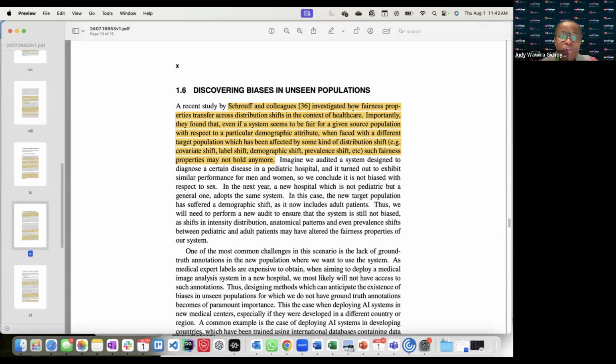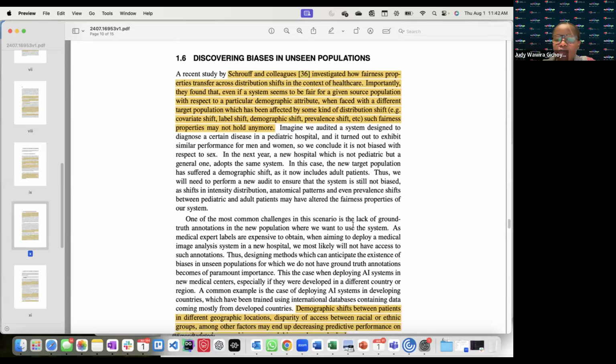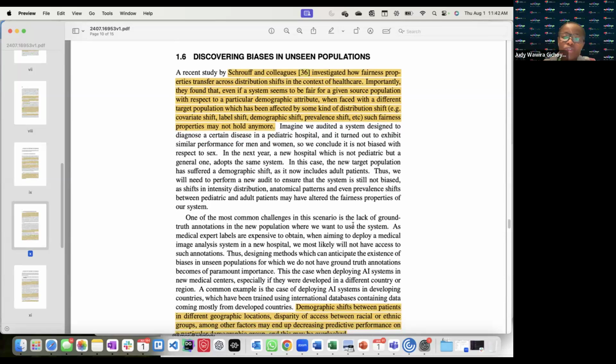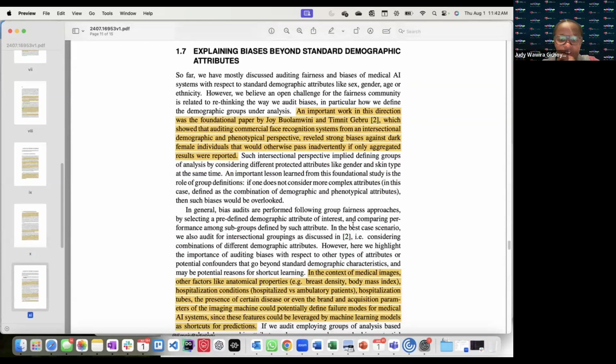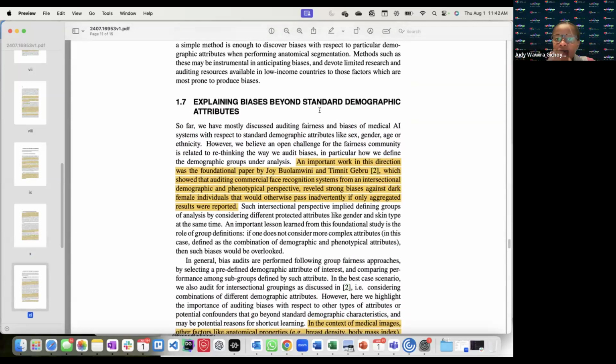And so, there are some mathematical ways that have come up in trying to think about bias in unseen populations. And just remember that example that I showed you, that the last layer can still encode a characteristic that you didn't provide. So finally, here on the home stretch, we have to think about beyond demographic attributes. This has been something that has really been on top of mind. Actually, for the symposium this year, we're going to have another label beyond just Black or white or male or female. And it's important to think about this because,